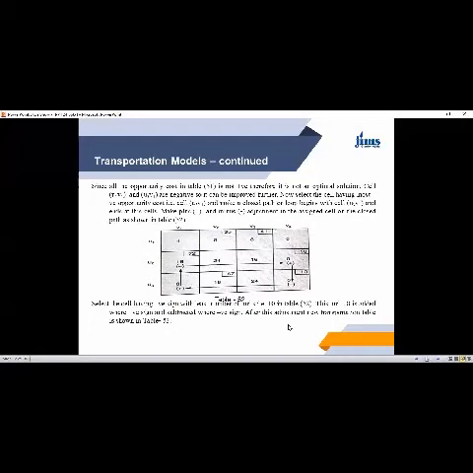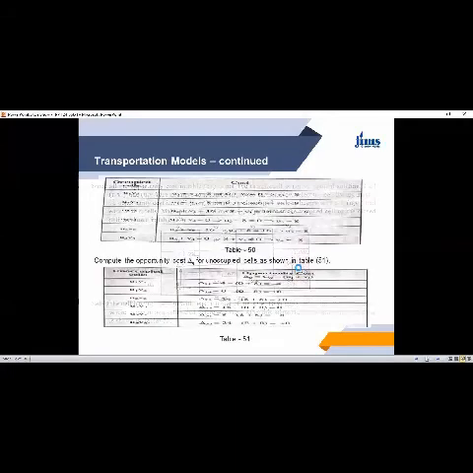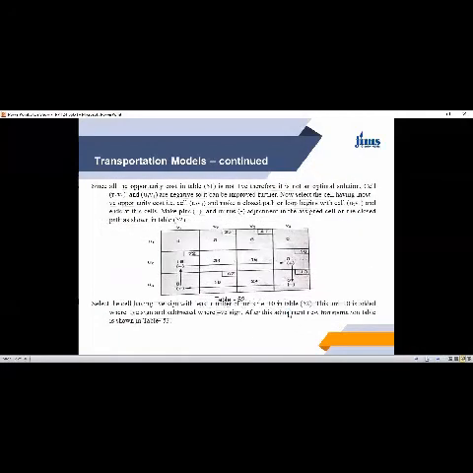But here the cost is decreased if you have some negative cells also. So you see in the table that there are some negative values also. This is minus 4, this is minus 8. So this is the opportunity cost, means you can reduce your cost by allocating some quantity in these cells.